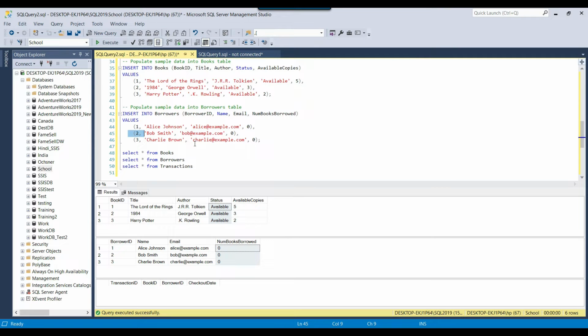Okay, and then I also want to pass the checkout date, like on which date you want to check out the book, like you want to take the book. Okay, and then what I want from the stored procedure is that it should return the due date, like on which date the borrower should return the book. So we will give the book to the borrower only for 2 weeks, and after 2 weeks they should return